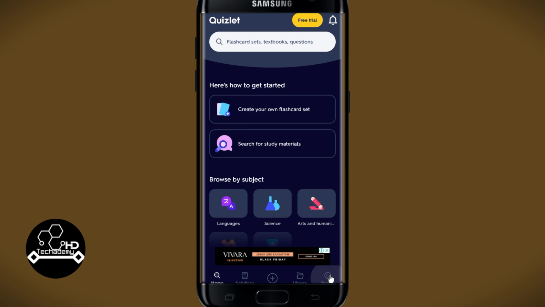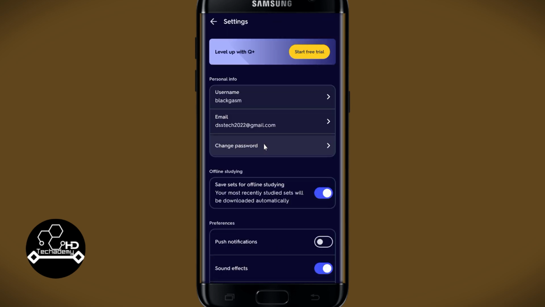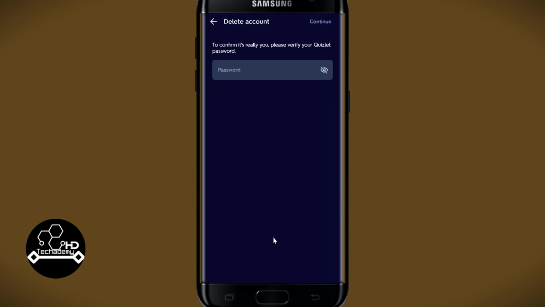Now, in order to delete your account, tap on the profile icon at the bottom right corner, which will take you into your profile page. From here, tap on your settings, and now scroll all the way down and you will see the delete account button. Go ahead and tap on it, and now you will be asked to enter your password to confirm your